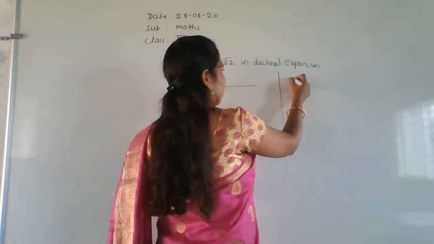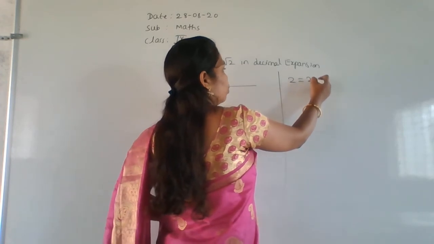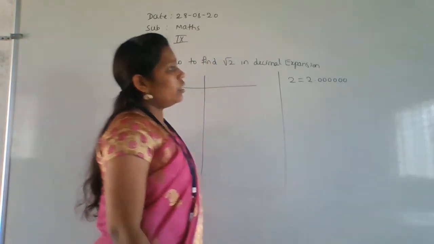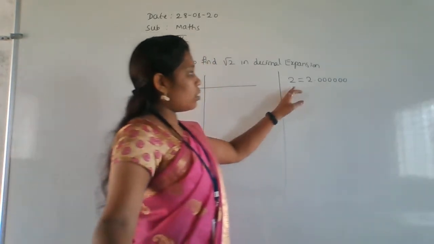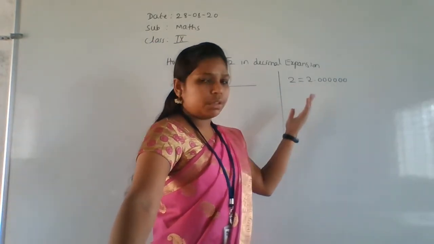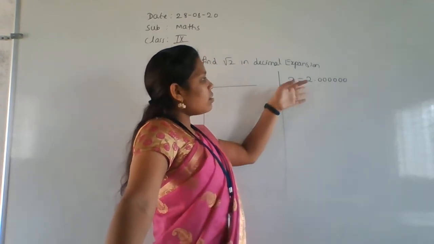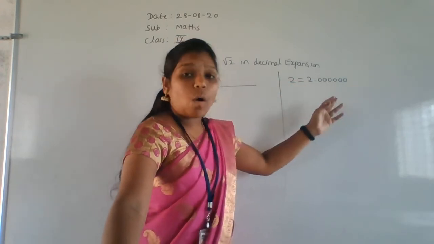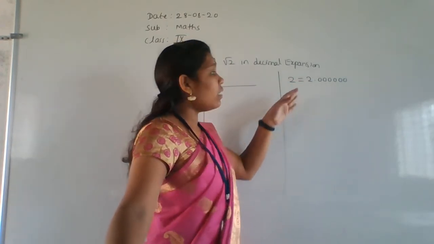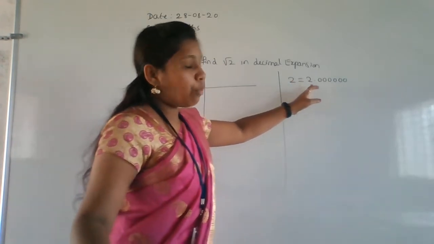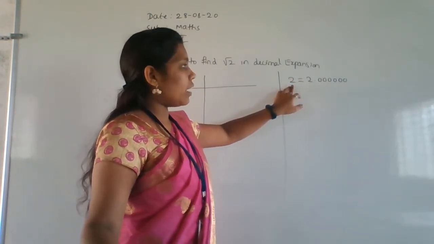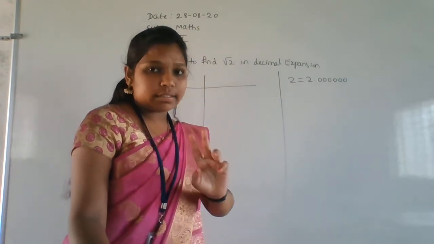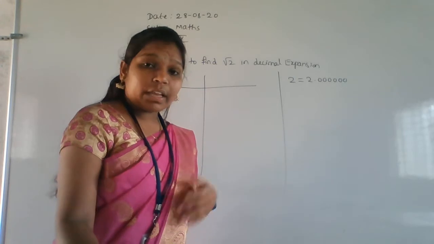Just take whatever the number is, you have to take that number. Okay, so here 2 is there. 2 is equal to 2.00000. I can take like this. 2 is equal to 2.0000. We can take, okay, because if there is no point, it means after the point all numbers are 0. That's why we are not going to write those 0.000 numbers. So instead of writing this, we are writing only 2 here. That is the thing. Okay, but we can take any number.